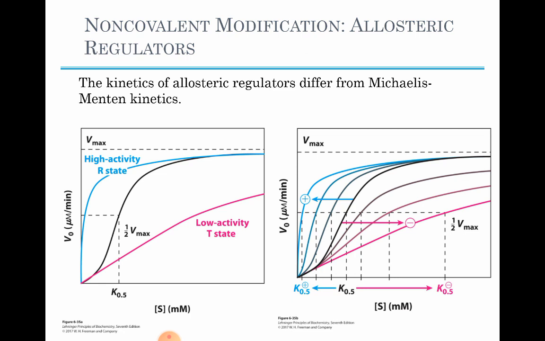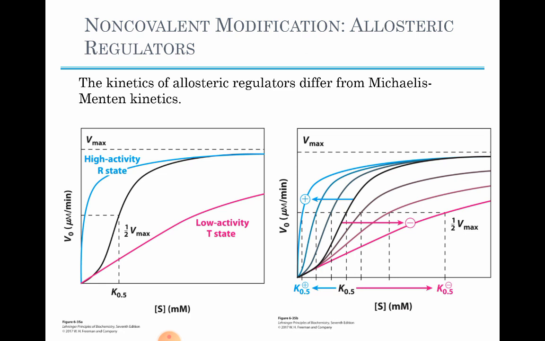The sigmoid curve of a homotropic enzyme, in which the substrate also serves as a positive stimulatory modulator or activator. The resemblance to the oxygen saturation curve of hemoglobin in this figure,